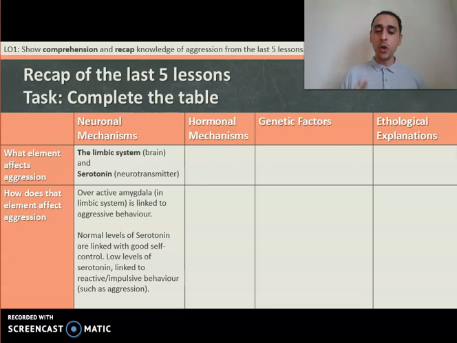What we found is normal levels of serotonin are linked with good self-control. If my levels of serotonin are all normal, that's really good, and I've got good self-control because of that. Low levels of serotonin are linked to reactive and impulsive behavior, such as aggression. You might be more impulsive, you might not be able to control yourself as much, and this could lead to